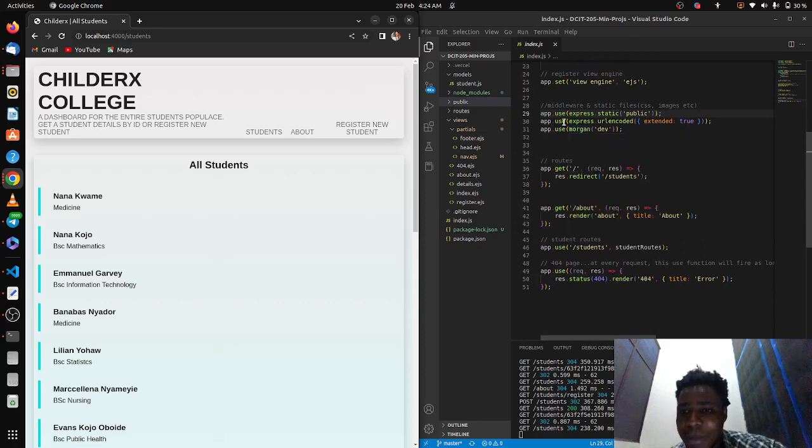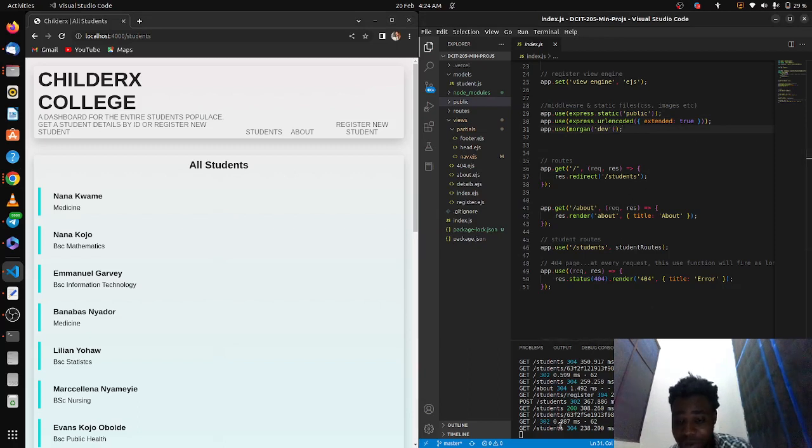So another middleware is the Express URL encoded, and then we have this Morgan right here. This is a development package. This is what actually helps us determine all these things logging to the console right here. So this is the use of the Morgan package, and then the .get method that I was talking about. This is how we specify